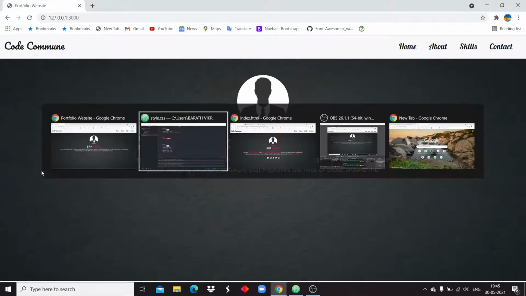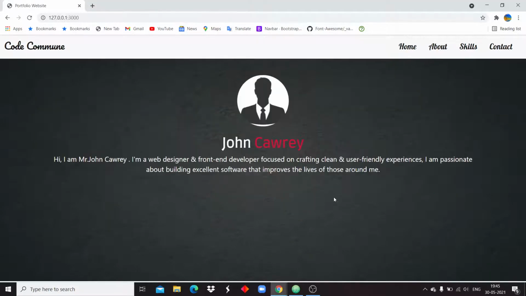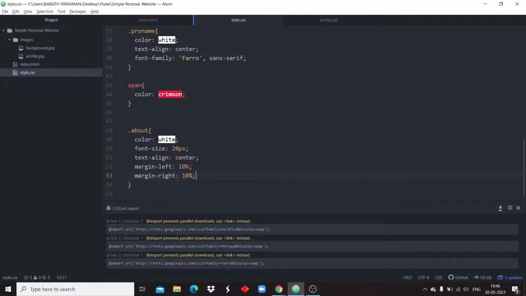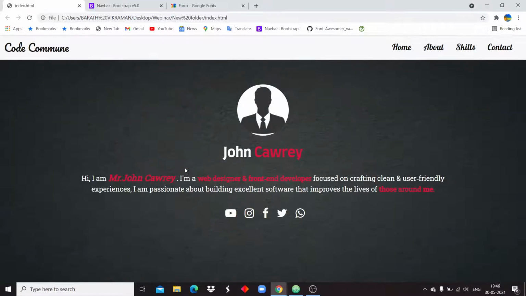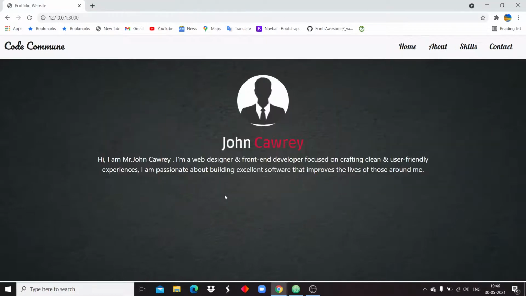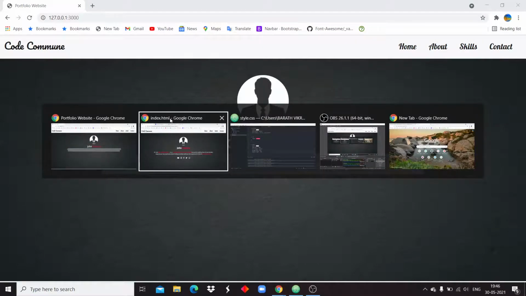Now you can see there are some spaces, but it looks somewhat lengthy, so we can reduce it some more. Yeah, now it looks pretty nice. Next, we need to change the font family. I have used Roboto Slab for this paragraph tag.